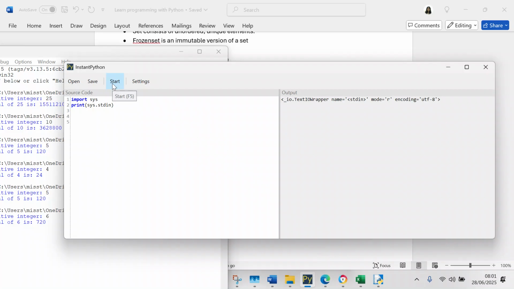And if you get involved in web development, you will need to know how to do that. So now the next one we're going to do is